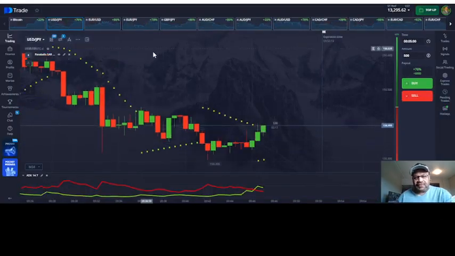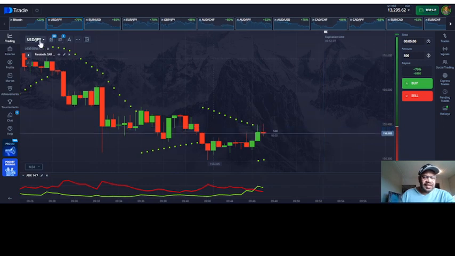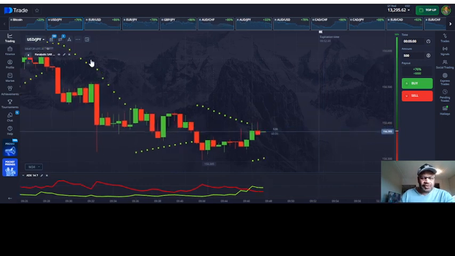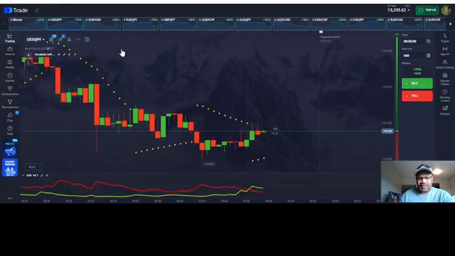Pocket Option trading platform set up here, and I have all my currency assets. I'm going to be trading regular currency assets, not the synthetic assets that are available, not the OTCs, just the regular currency pairs. Quant Engine only works with real assets because we're pulling the price feed from the global forex markets and not the OTC or the synthetic data that the Pocket Option platform has in-house. Okay, so